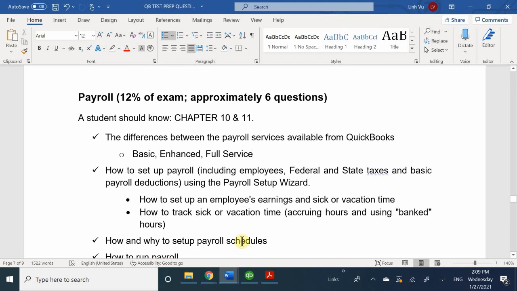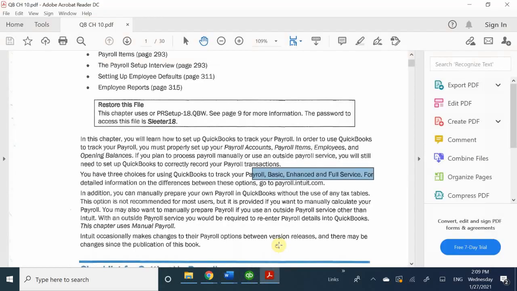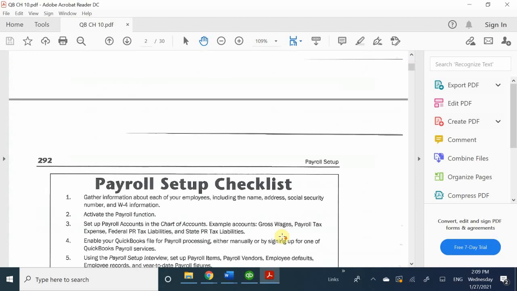So under that, it breaks it down to how to set up an employee's earnings and sick and vacation time, how to track sick or vacation time, accruing the hours, etc. So again, this is all in the 10 steps of setting payroll up. So that is, I believe, the next page on this one. So it's page